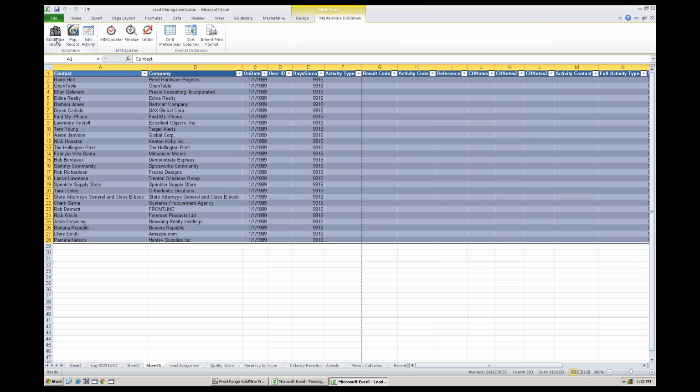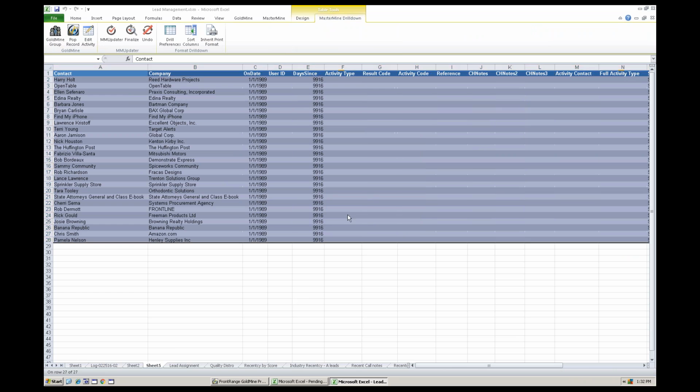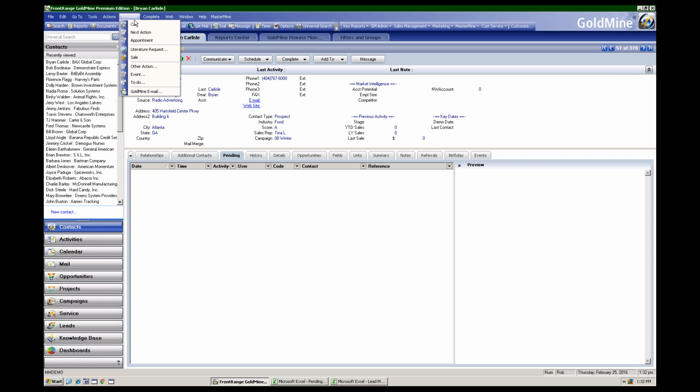So how can we handle those? Let's do this. I'm going to build a GoldMine group here, and I'm going to say NH call these. It's going to be the name of this. And so I'm building a GoldMine group. Why am I building a GoldMine group? Well, the reason is I'm going to use what's already built into GoldMine for scheduling calls,